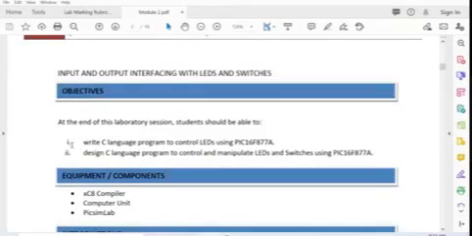We have two objectives. The first one, you will write a C language program to control LEDs using PIC16F877A. This is the microcontroller of choice. You're going to write a C language program to control LEDs connected to the PIC. This one will be explained later during the exercise example. And then for number 2, design a C language program to control and manipulate LEDs and switches using PIC16F